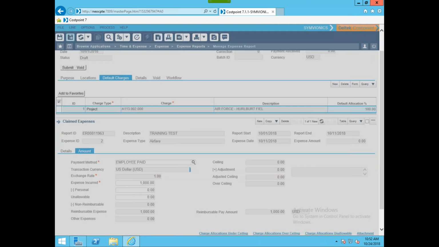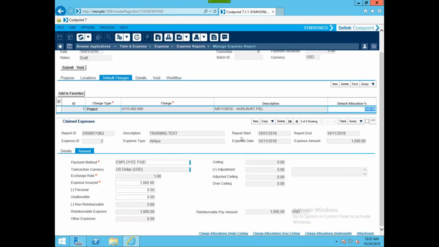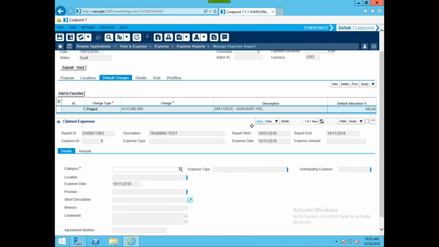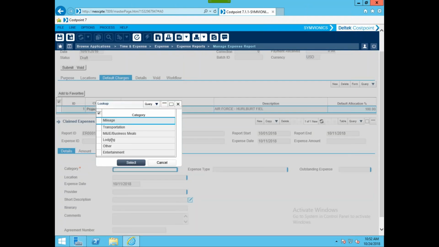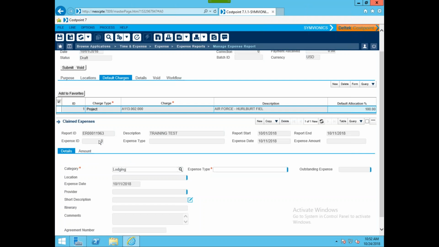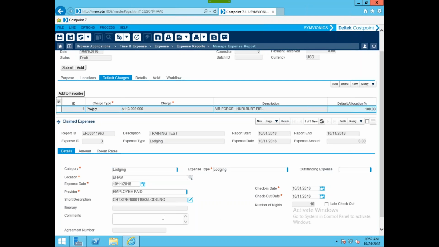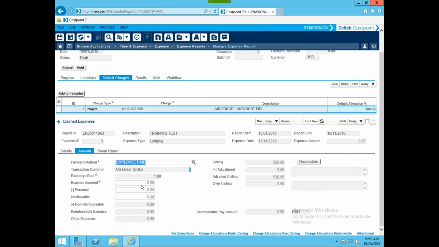And now I'm going to save and continue. And I'm just going to keep doing the same thing. So basically, I'm going to do one more expense. I don't actually see any questions yet. I'm going to do one more expense and then submit it so you guys can see the workflow of things. Lodging is always a fun one to do. And I know these amounts that I'm putting in are very realistic, the even dollar